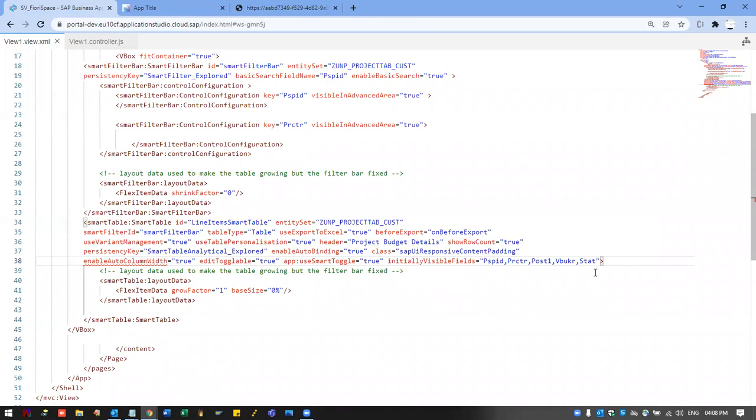Sometimes you can even have a property called ignore. I don't remember the property name. Yeah, ignore fields or ignore from personalization. Ignore fields. So if you want any field to be ignored from showing, you can do that as well. Okay, that is another thing. Next,